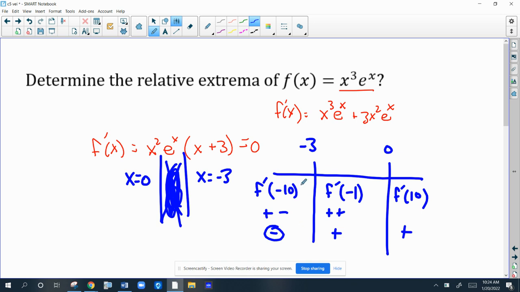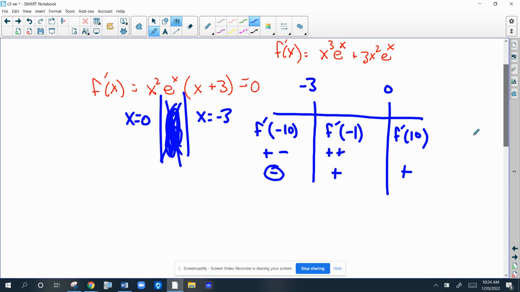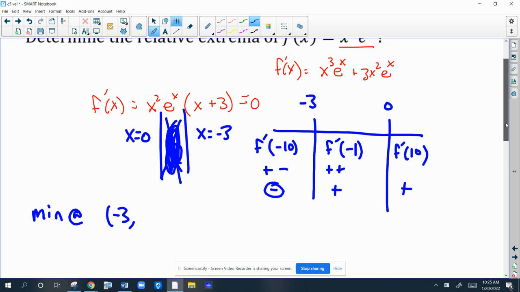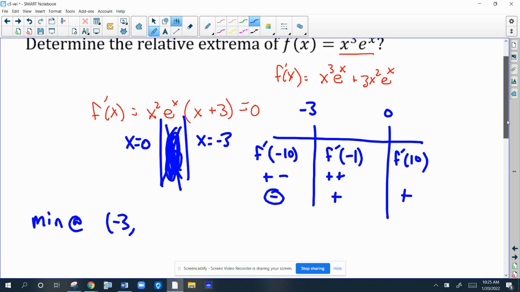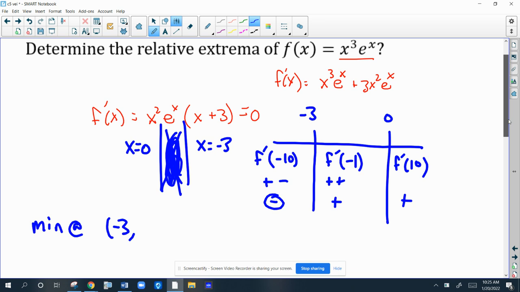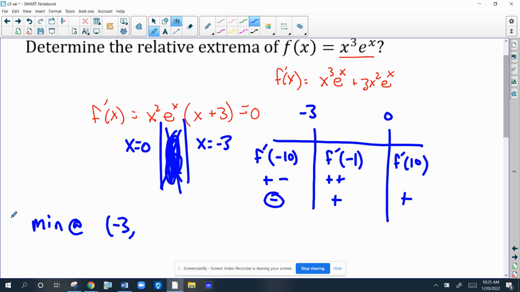So we have one relative extrema because the derivative changes signs only one place. And that's at negative 3. And that happens to be a minimum. So we have a minimum at negative 3, comma, whatever the value is at negative 3. To find out what the value at negative 3 is, you'll just plug that value into the original function. It's the y value. So f of negative 3, I'm looking up here,